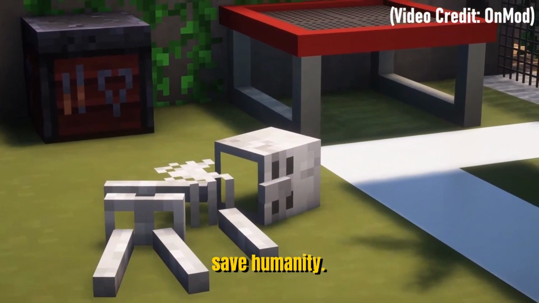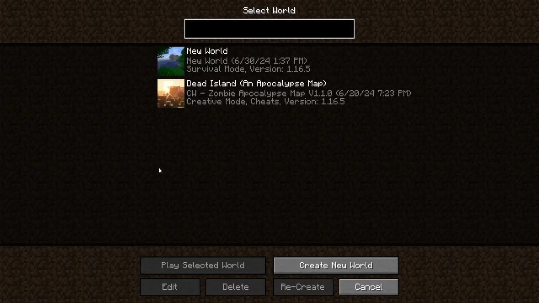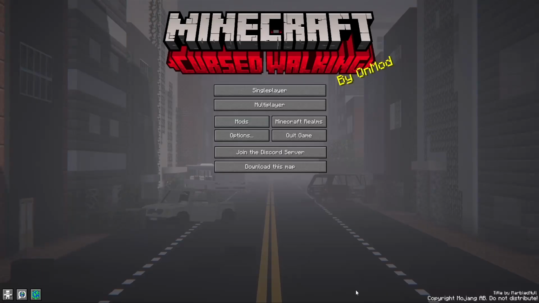infestation and save humanity. And before we get into it, allow me to go over a few things. The mod pack, Cursed Walking, is free to play. However, the map is only available if you become a subscriber to the mod creator on Patreon, and it is only available for the 1.16 version of the mod pack. And I have played this mod pack on a normal world on the 1.20 version for a little bit. It's only enough to get my toe wet really. So a lot of this was new to me and it was a fun experience, but enough yapping and let's